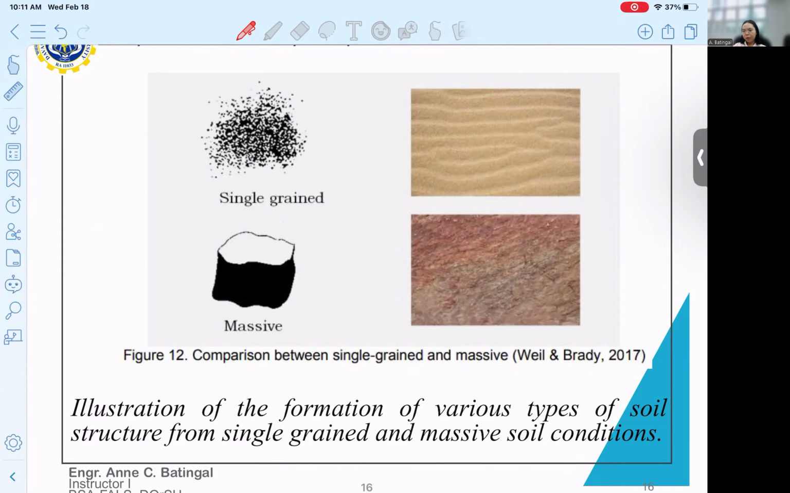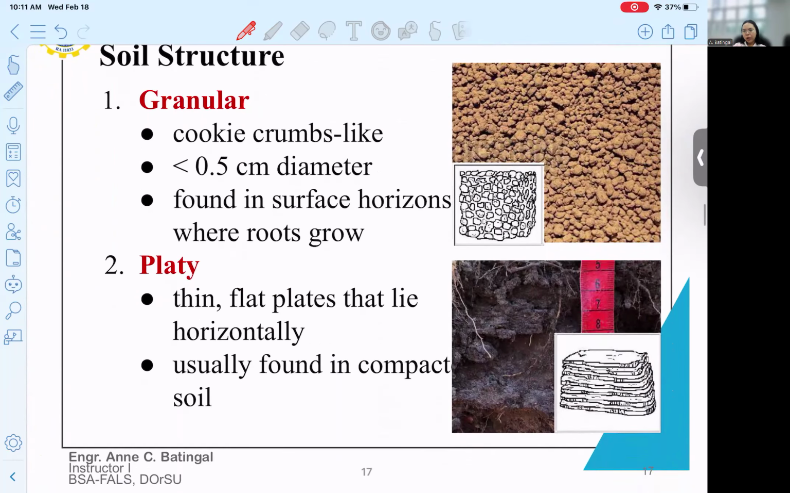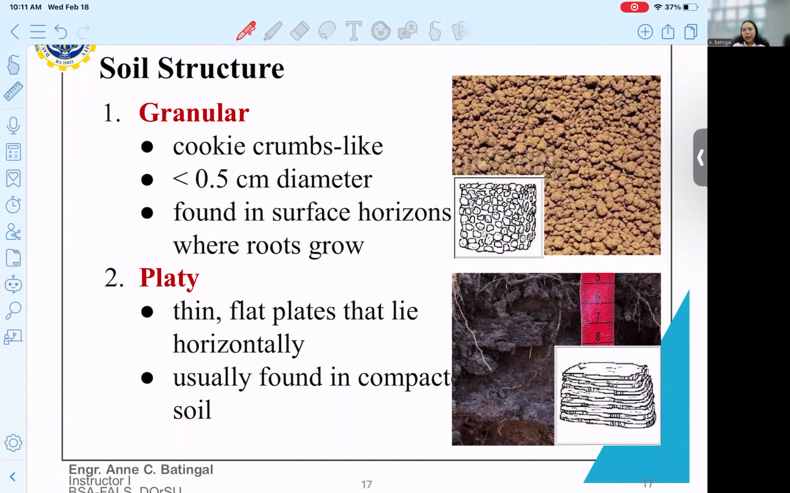So, what are the examples in terms of type of soil structure? First, you have your granular soil structure. Granular soil structure is characterized to be cookie crumb-like, with less than around 0.5 centimeters in diameter. Granular structure can be found in surface horizons where roots grow. Because of its structure, roots can easily spread through granular soils, and as a result,